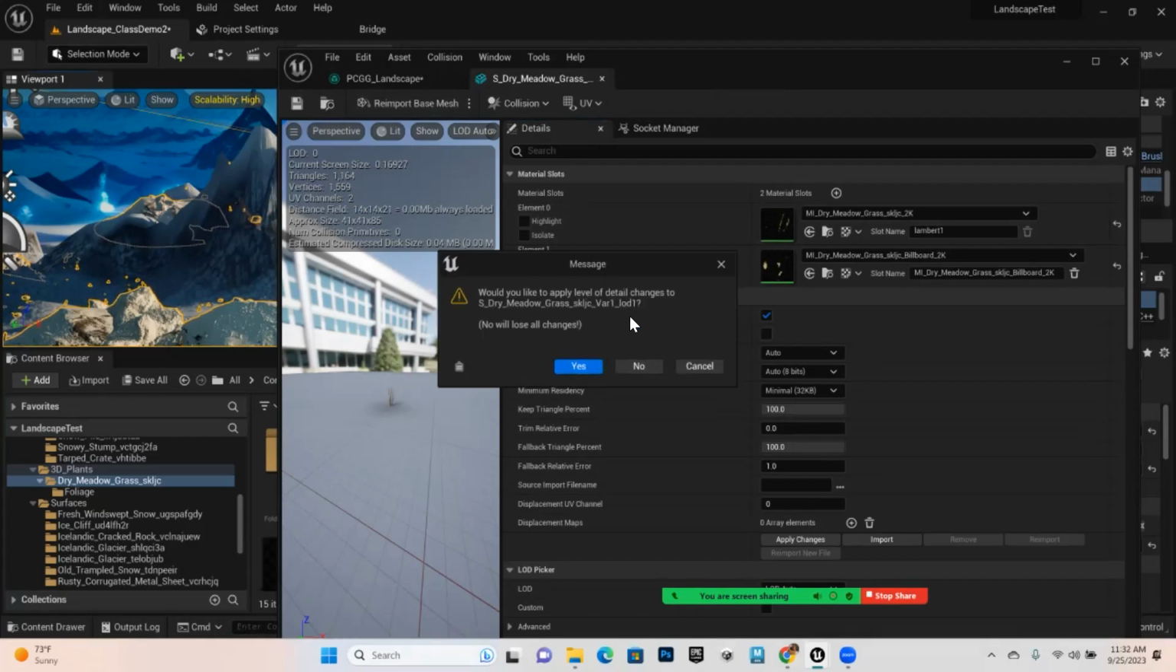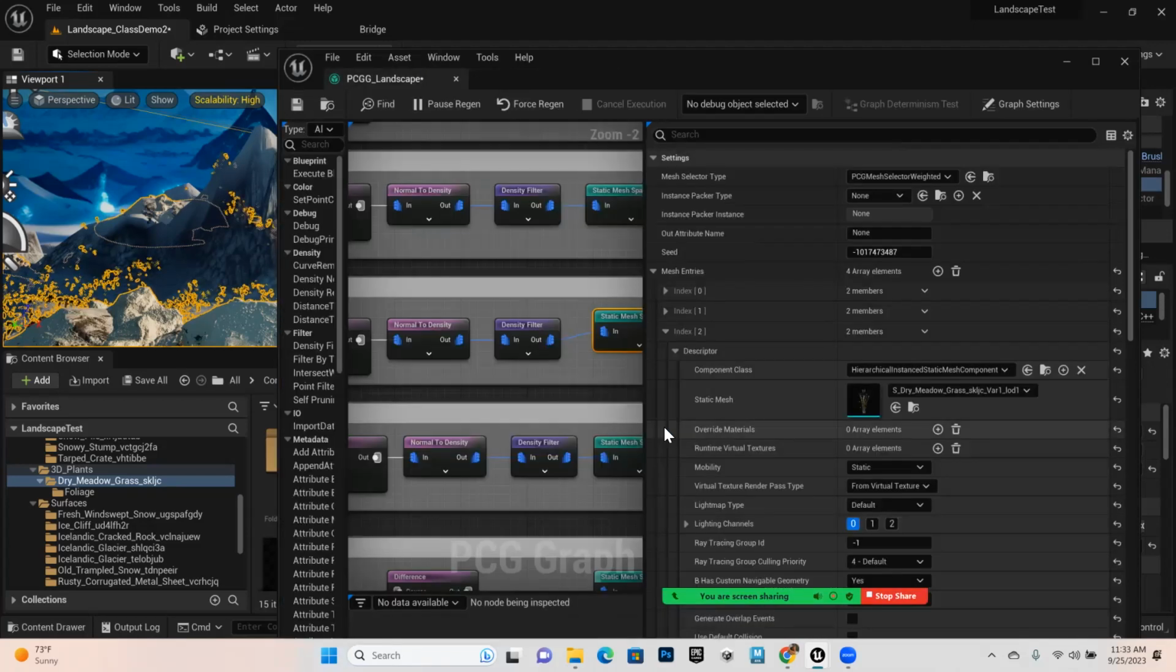It might ask you this. I noticed that when you turn on Nanite on Megascans objects, it always asks you this afterwards, even though you saved it. When you try to close it, would you like to apply level of detail changes to the grass? Just say yes. And then